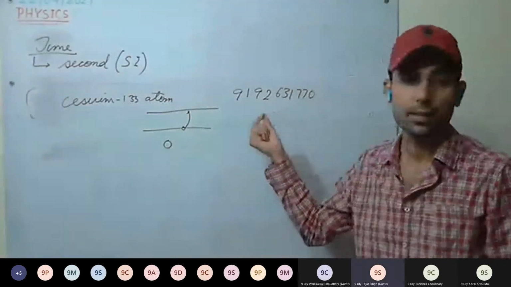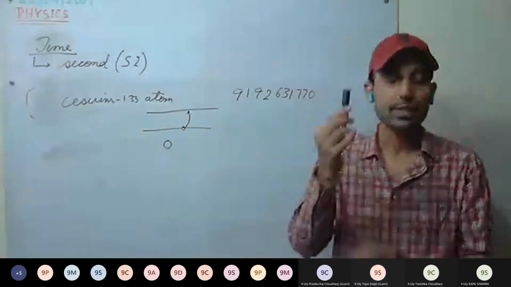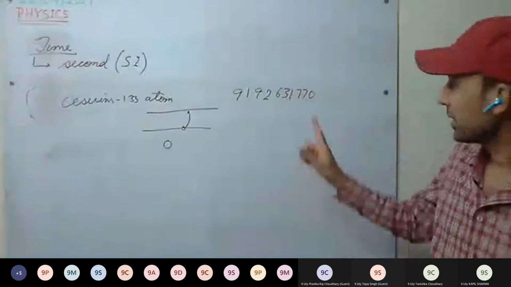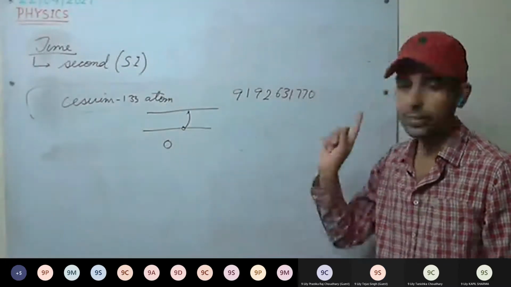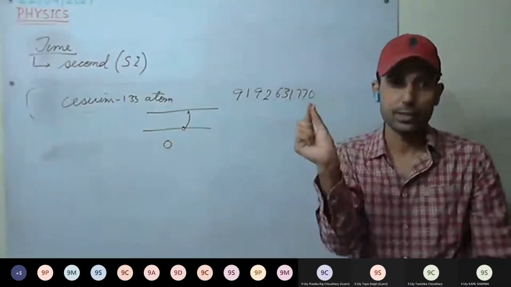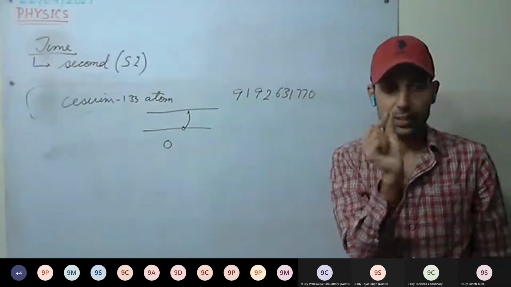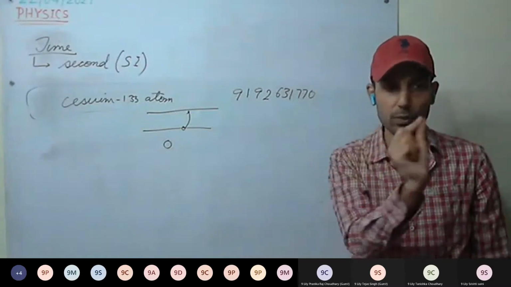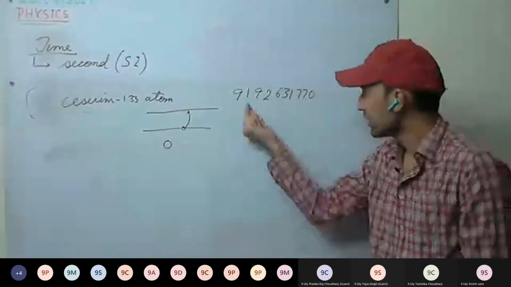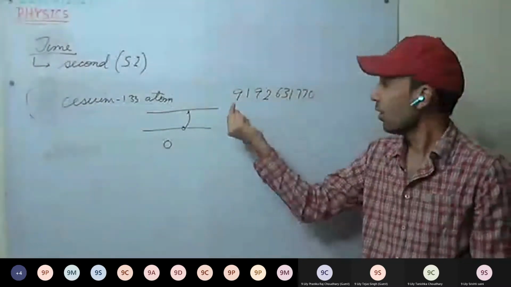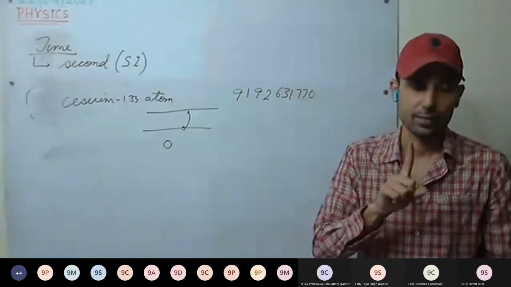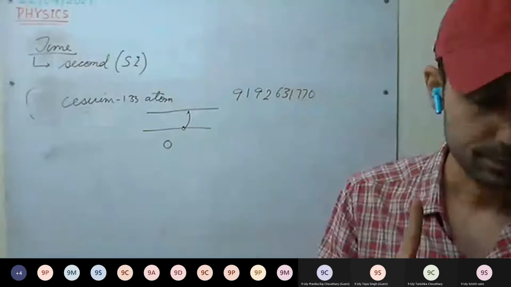You can consider it like this. This is the atom, and its radiations are there in the form of electromagnetic waves, that is, to and fro motion. How many vibrations are we counting? These many. Starting from the mean position and moving back is one vibration. So the time taken for these many vibrations will be 1 second.